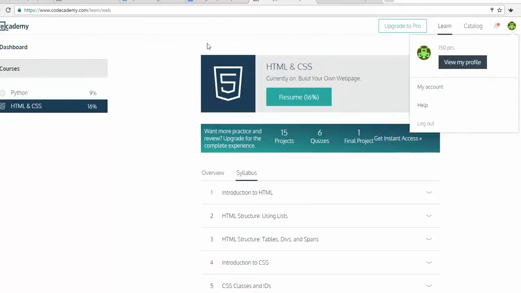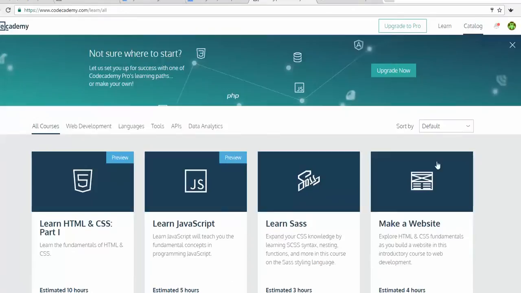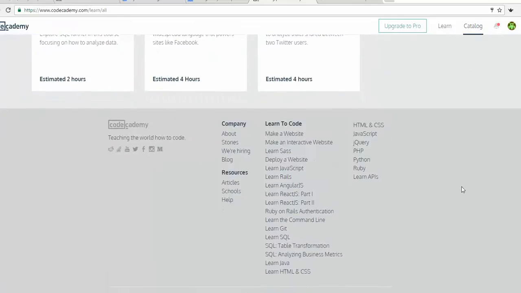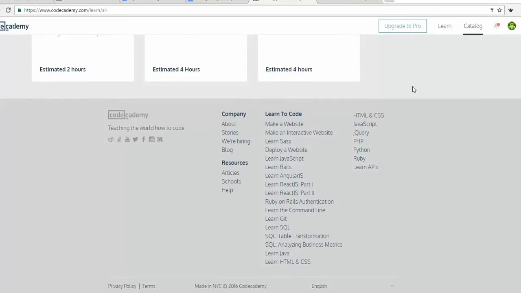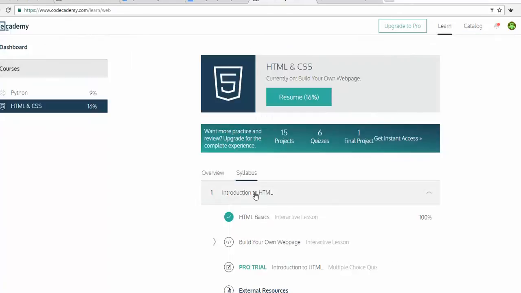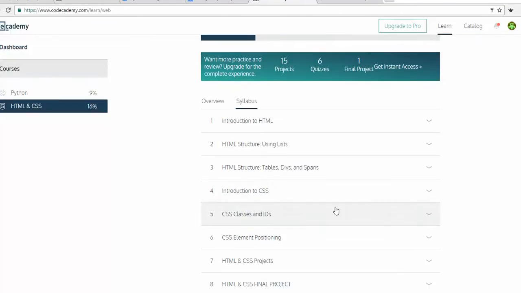So once you create an account, I can't totally show you what you're going to see, but I want you to go to catalog, because I'm logged in here already and I've started some stuff. Scroll all the way down to the bottom, and you're going to go to HTML, CSS. And when you go to HTML and CSS, what we're going to be doing is these sections,